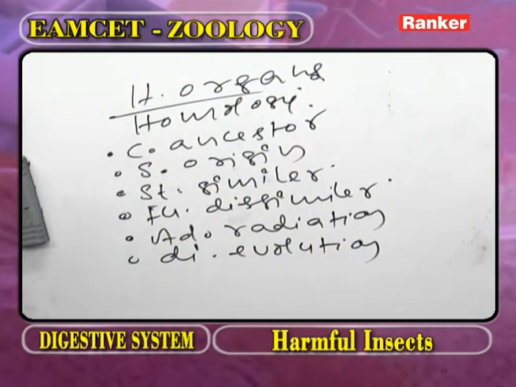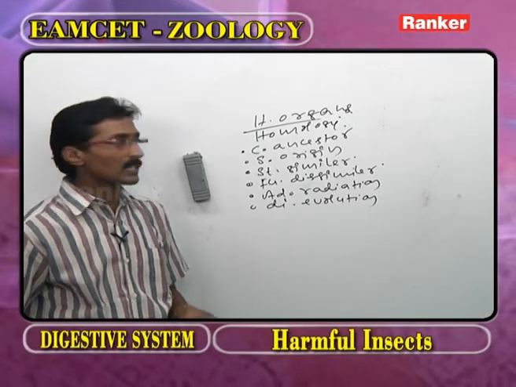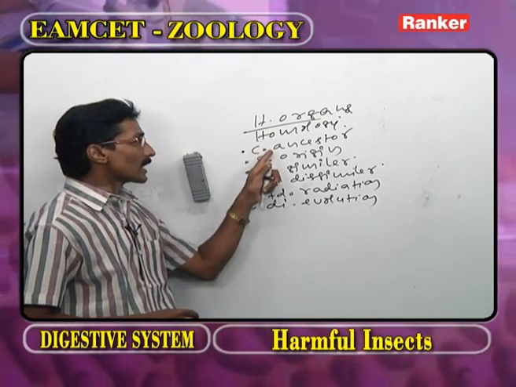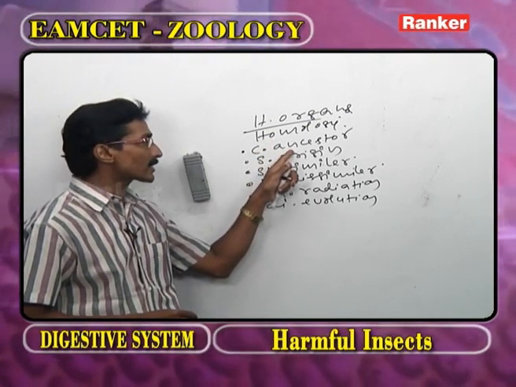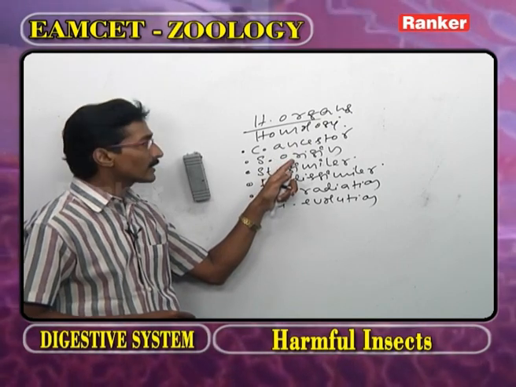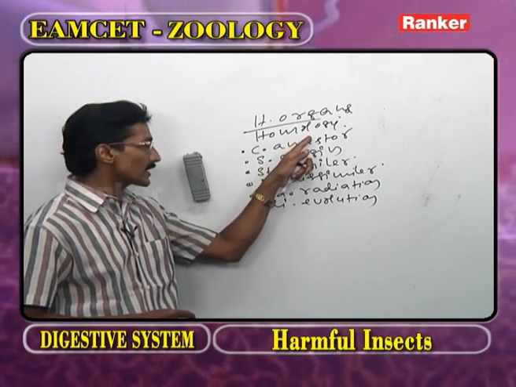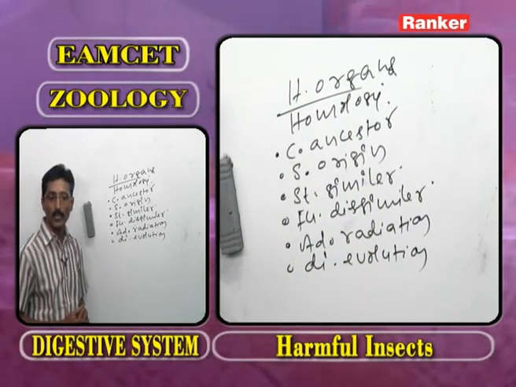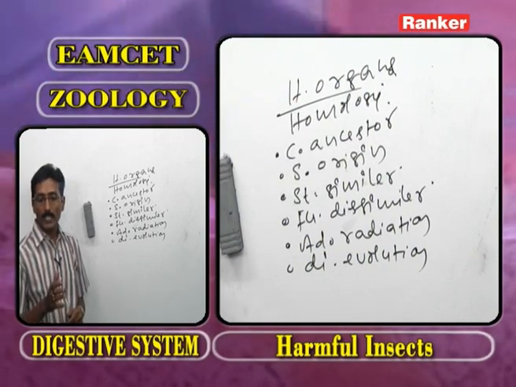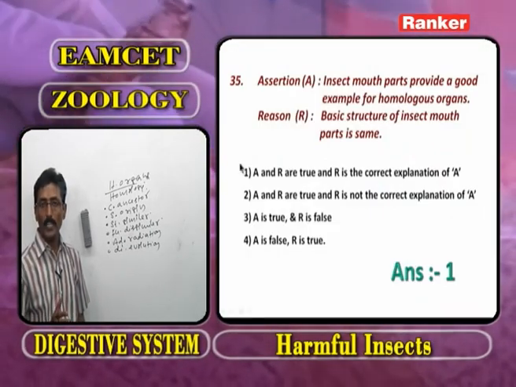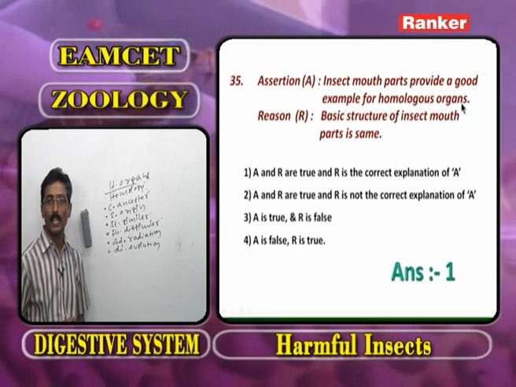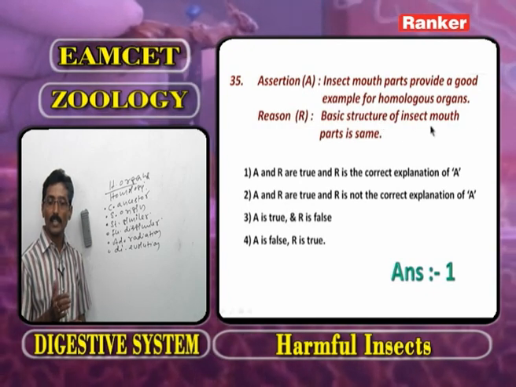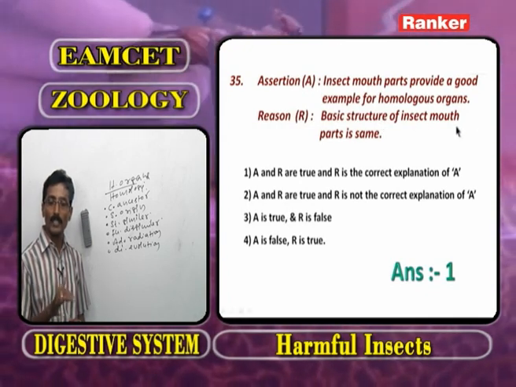Again repeating: what are the homologous organs? Structurally similar, functionally dissimilar. Homologous organs have a common ancestor and a similar origin. Their study is called homology. They explain adaptive radiation and divergent evolution. Here the assertion: the insect mouth parts provide a good example for the homologous organs. It is correct. The reason: the basic structure of all insect mouth parts